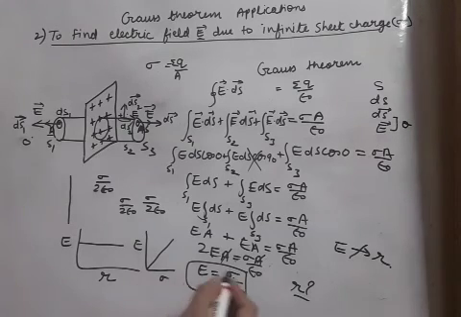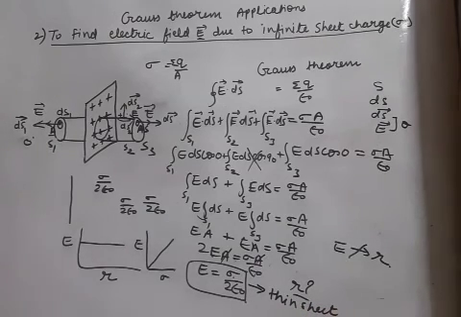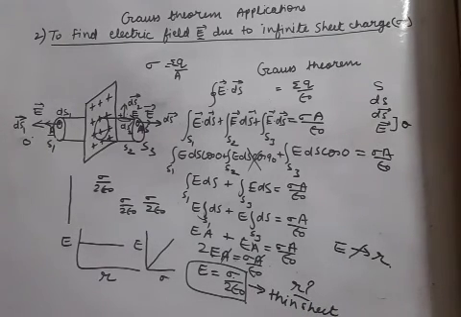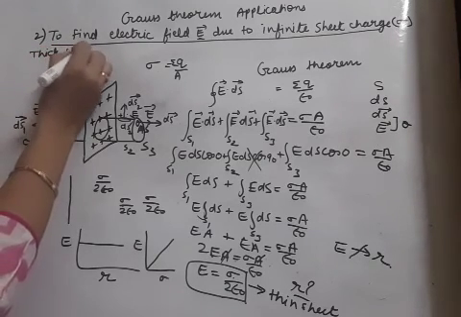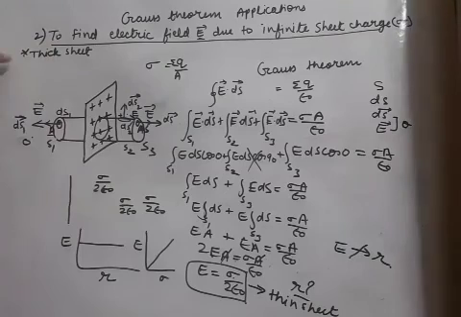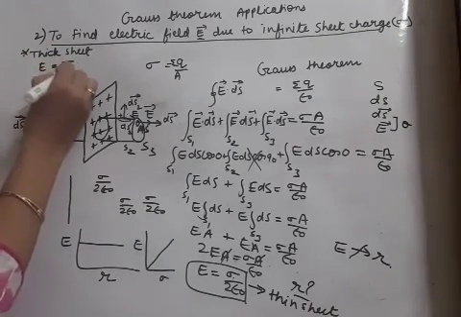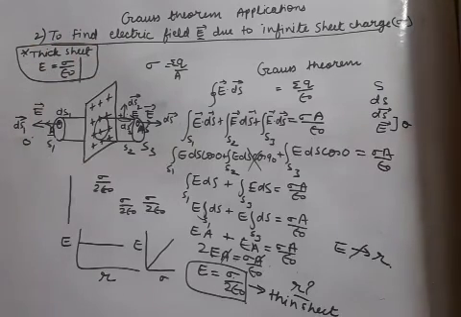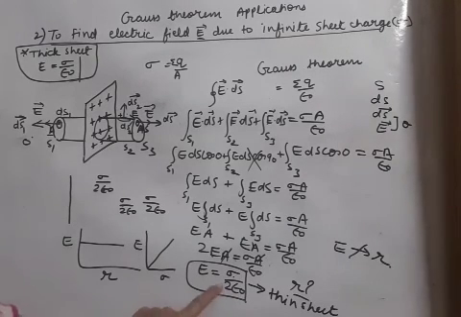Okay, and last thing is that this formula is applicable for thin sheet. Thin sheet. In case the thick sheet is given, then the formula of electric field becomes sigma upon epsilon 0. This is an extra case. So we have to do the derivation of thin sheet in the syllabus, and its answer you remember sigma upon 2 epsilon 0.